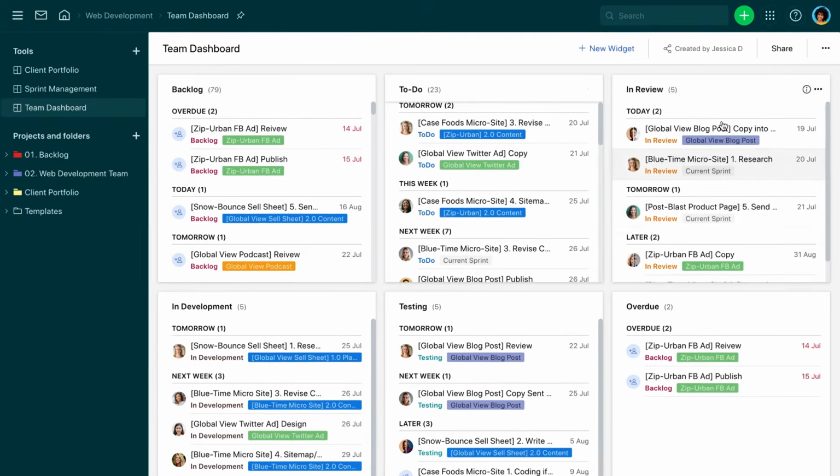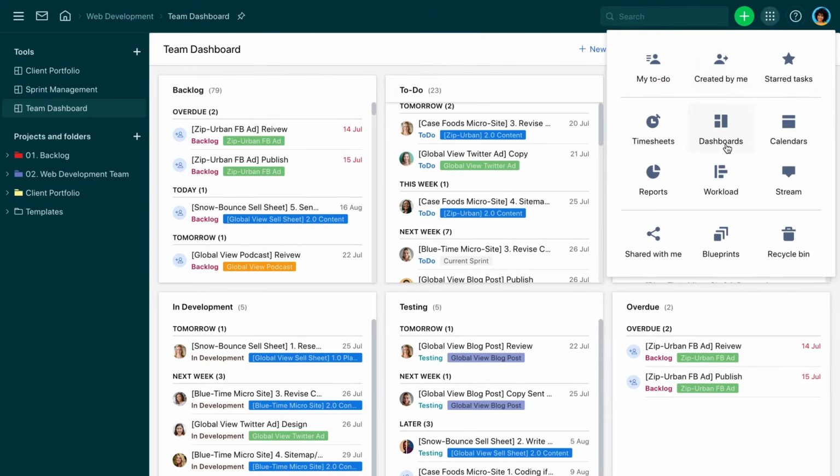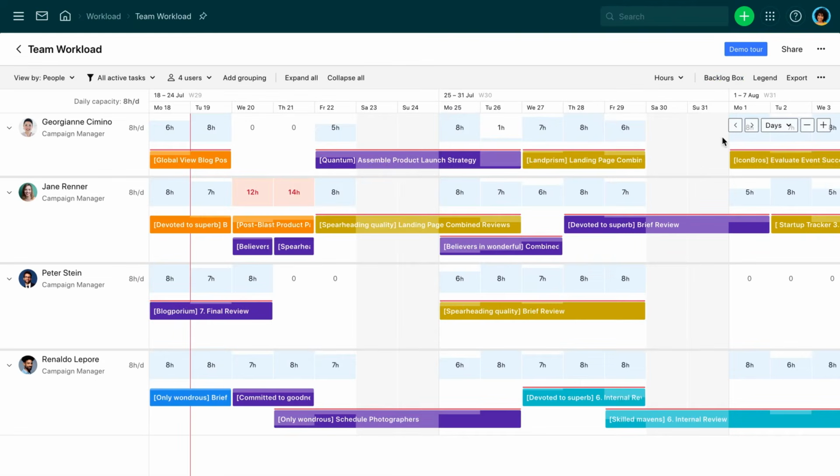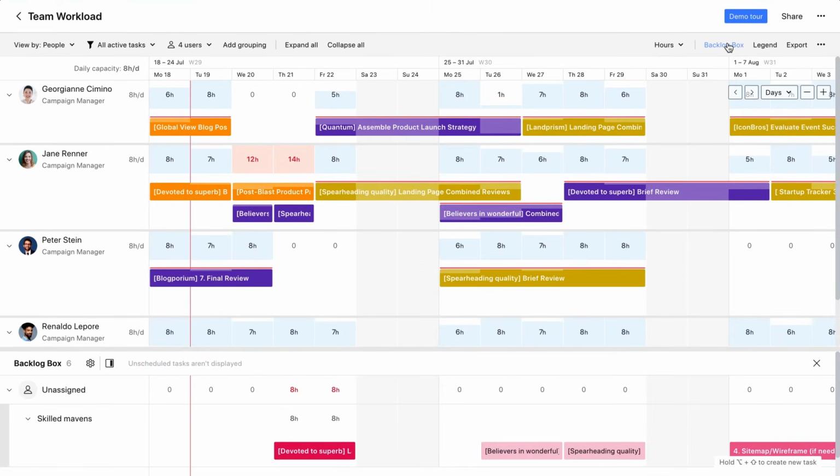How do you decide if you can take on a new project right now? Who should manage it? Let's look at the team workload in the Resource Management tool. Resource management tools make it easy to compare and visualize resource availability against current and incoming pipelines. As you can see, Peter has the capacity to take on the task, so let's assign it to him. We can also see that Jane is overloaded with tasks. We need to save her from burnout.